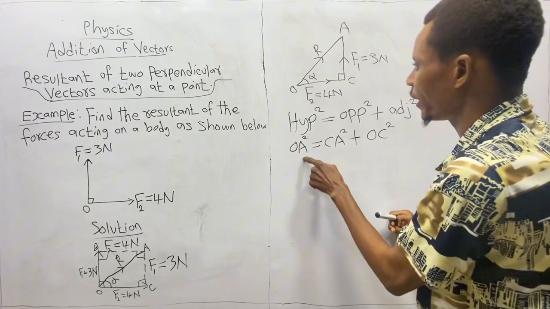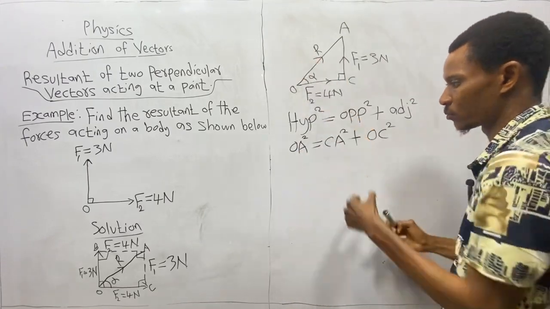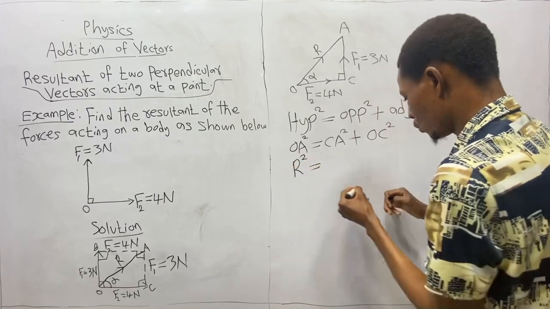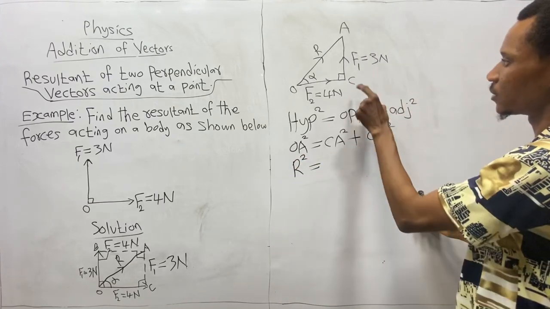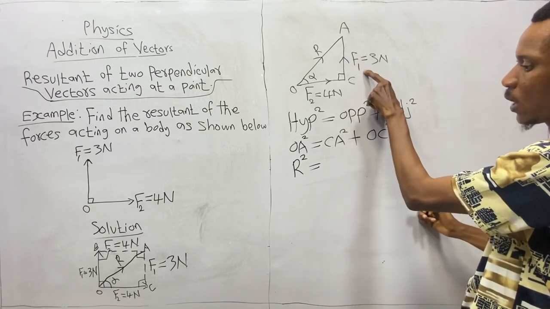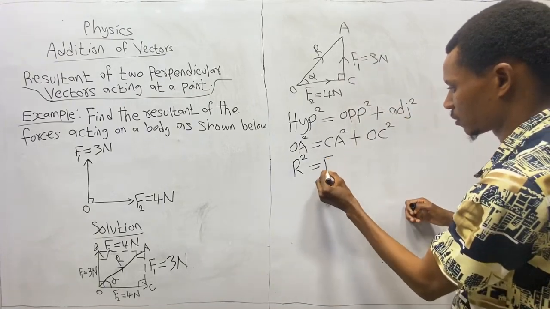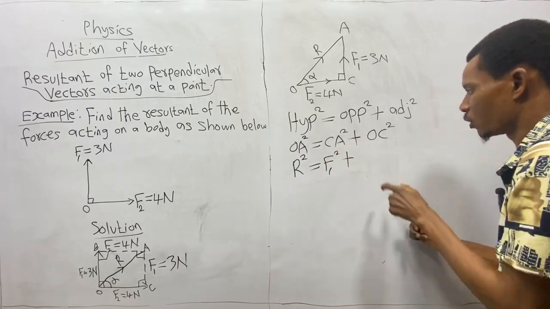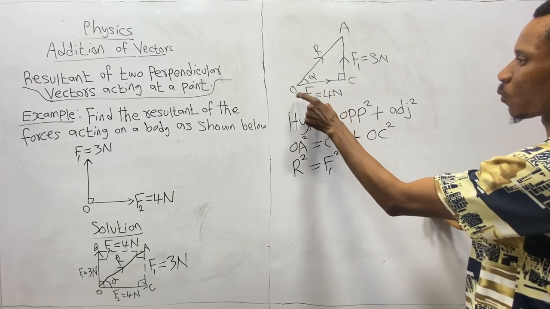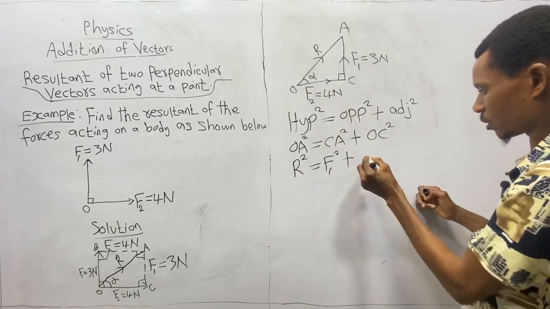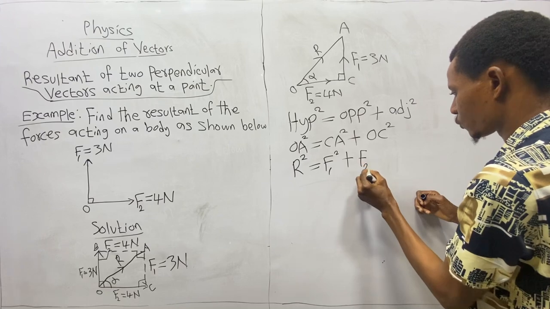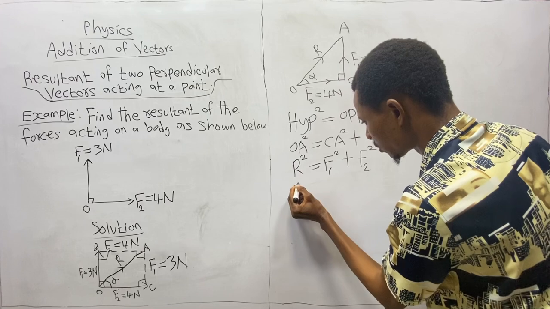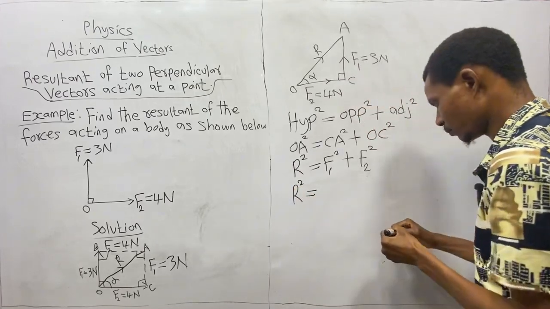So where your OA is what? Your arrow. So now I have arrow squared equals to your CA. Your CA is your what? Your F1. F1 squared plus your OC. OC is your F2. So now I have F2 squared. So therefore your arrow squared is equals to